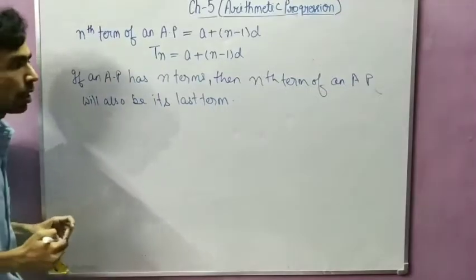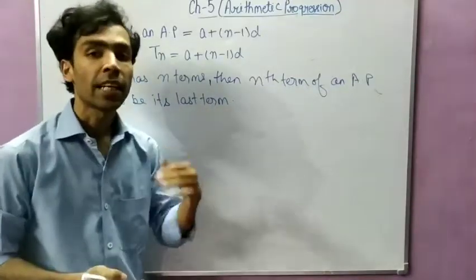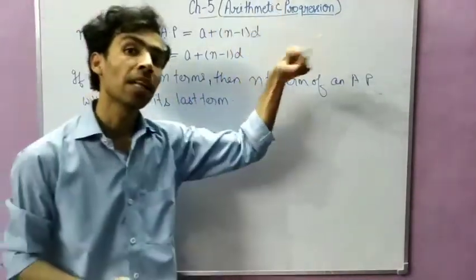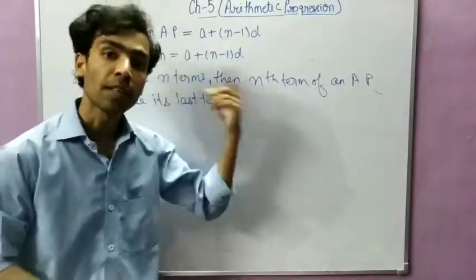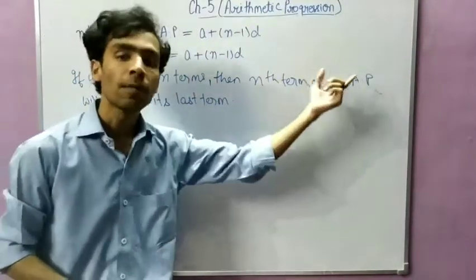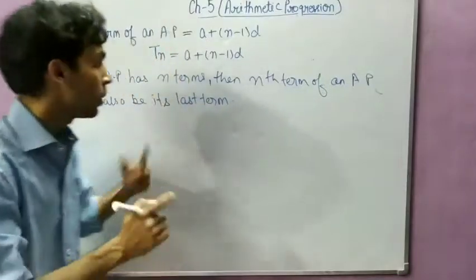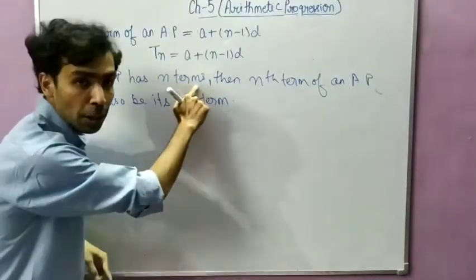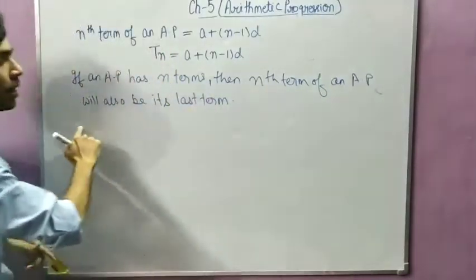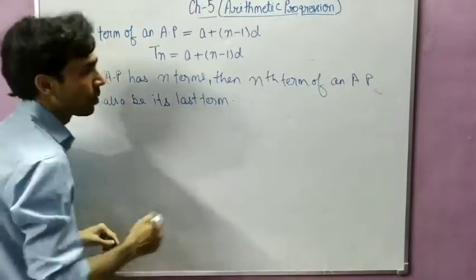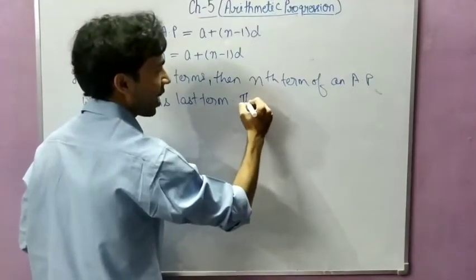Okay, if an AP has 10 terms, the 10th term will be the last term. If an AP has 20 terms, the 20th term will be the last term. Similarly, if an AP has n terms, then the nth term of an AP will also be its last term, and this last term